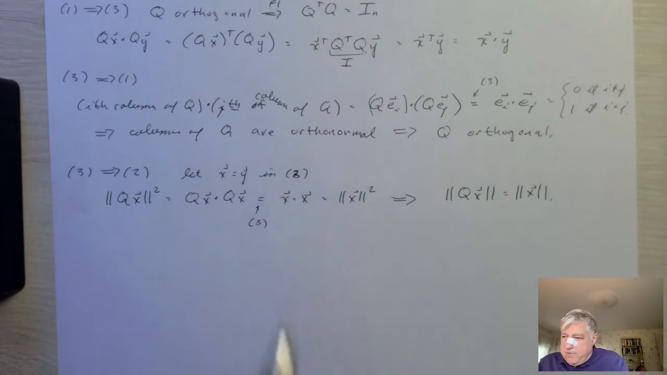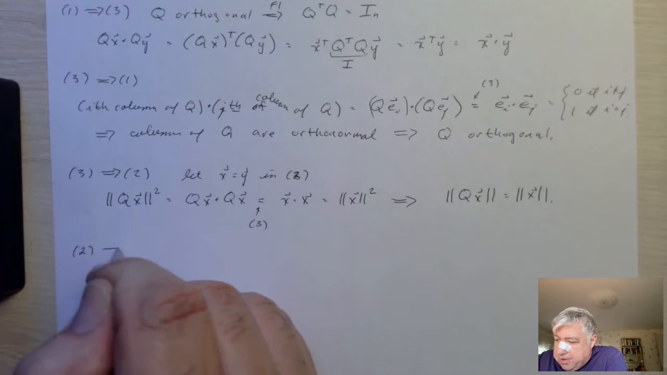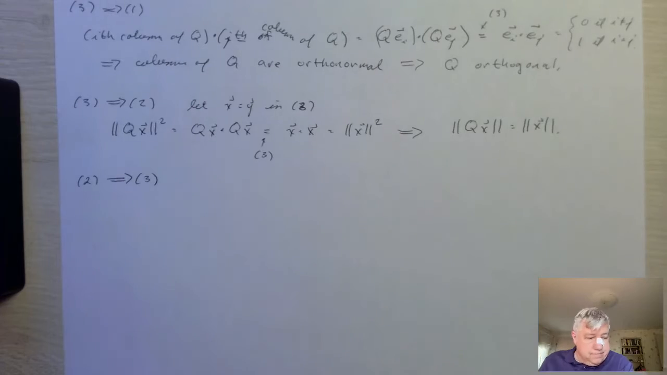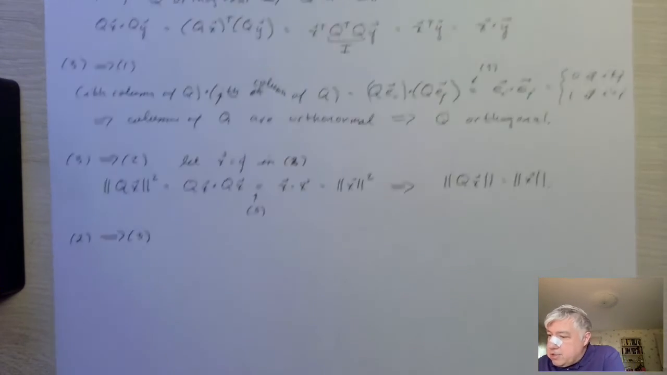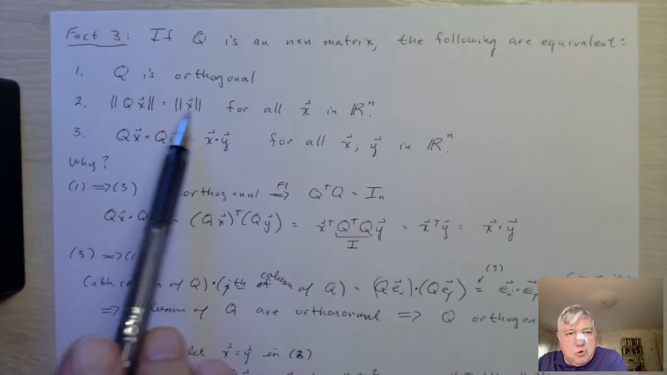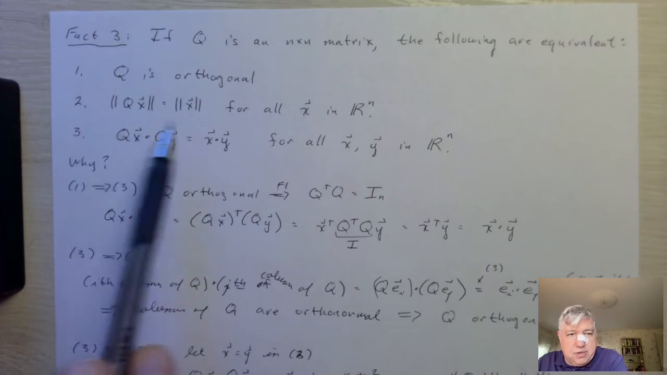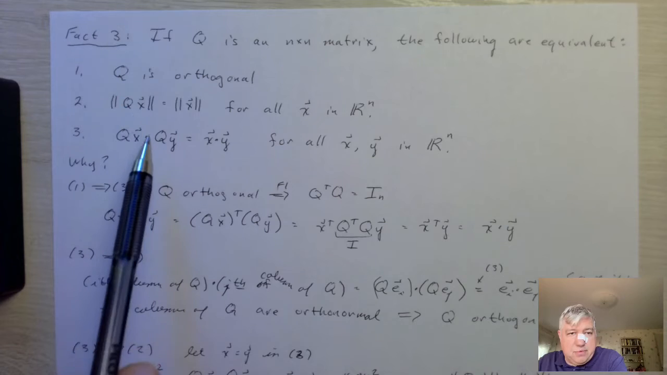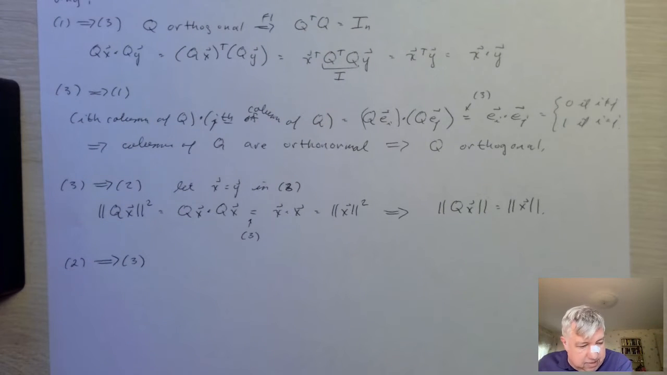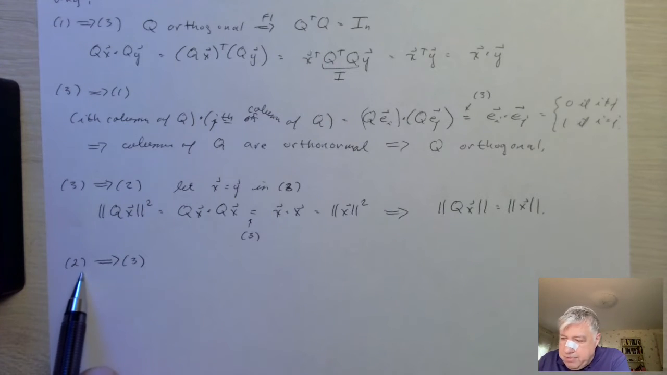Okay, and then finally to show 2 implies 3, we want to show... it seems like this is a more specific, narrow case. 2 is another narrow case of 3, but in fact we can use 2 to show 2 implies 3 by the following. So if we assume 2 to be true,